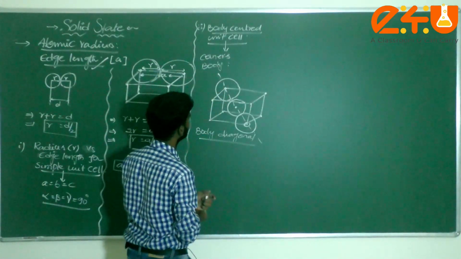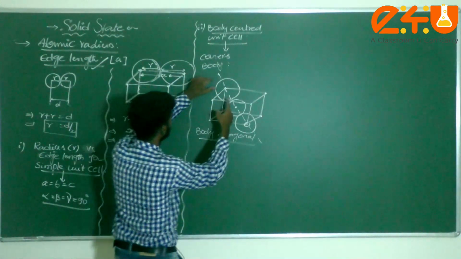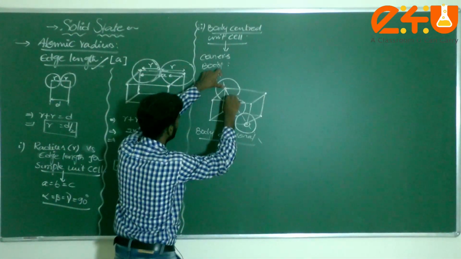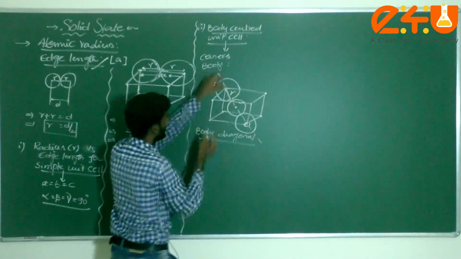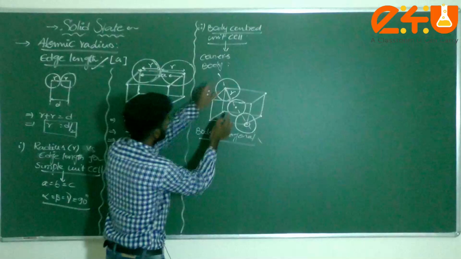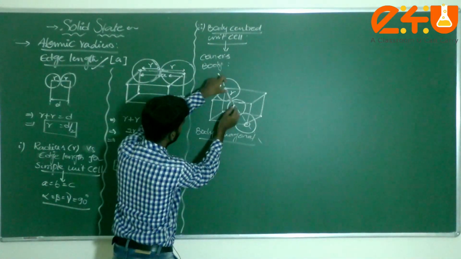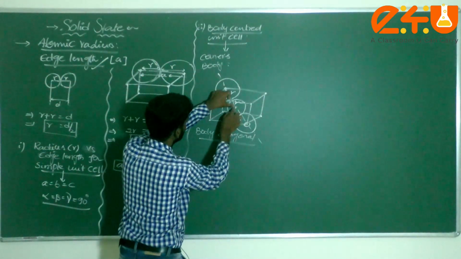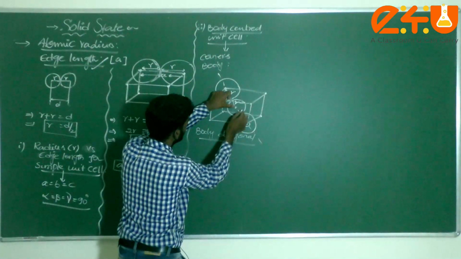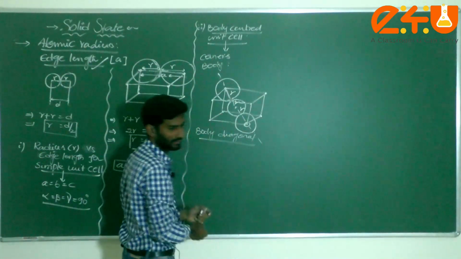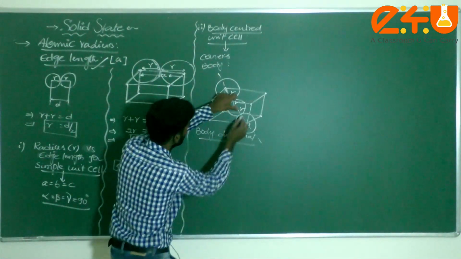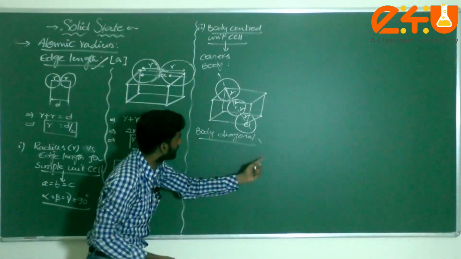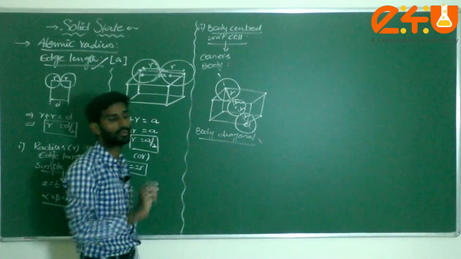Just check here how we represent it with respect to radius. The radius is half of the distance between two adjacent atoms. From here to here, the radius is r. Next, from this touching atom to this one, that is considered the second radius r. Then from the center of this atom to the adjacent atom where the two atoms are connected, this is r. Next, from here to here, r. Total radius here is r plus r plus r plus r, that is equal to 4r.